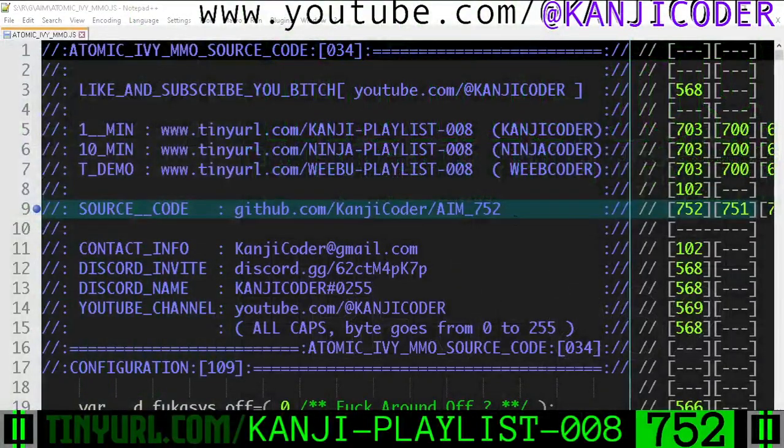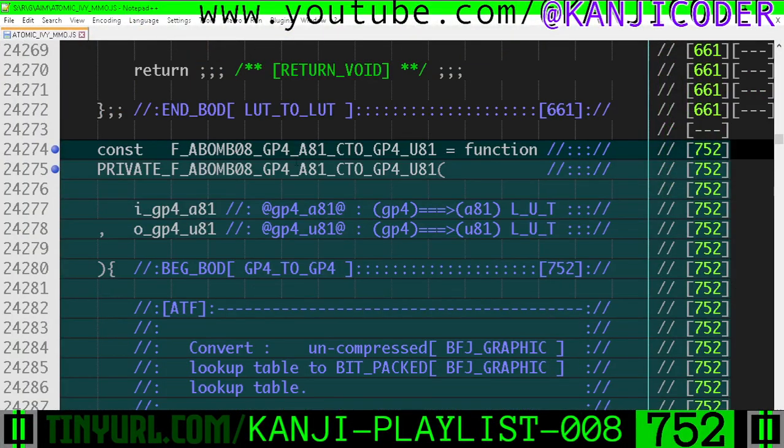All right, let's go. Okay, so in A-bomb 8, we have a new function that takes the uncompressed GP4 lookup table